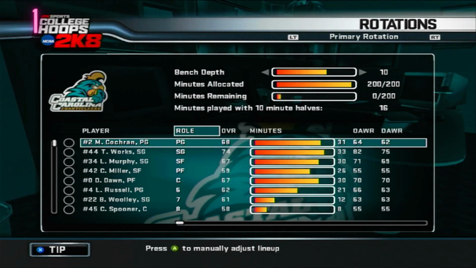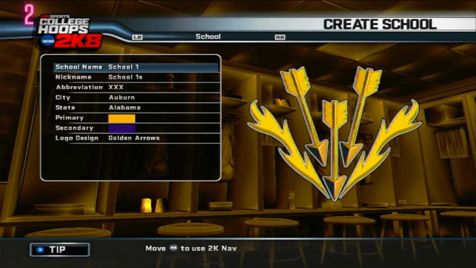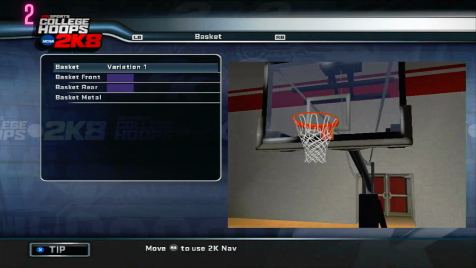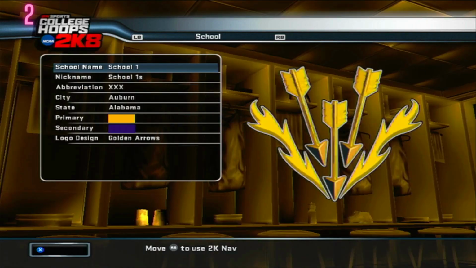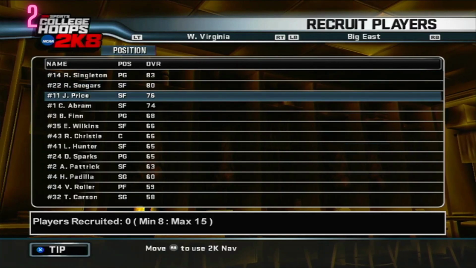Alright guys, the second tip I'm going to be giving you is the Create a School feature. It goes into a lot of depth: changing mascot, fight song, rivals, you can go all the way down here and change cheerleaders. Alright, and the way you assemble your team is you can choose a redshirt player and